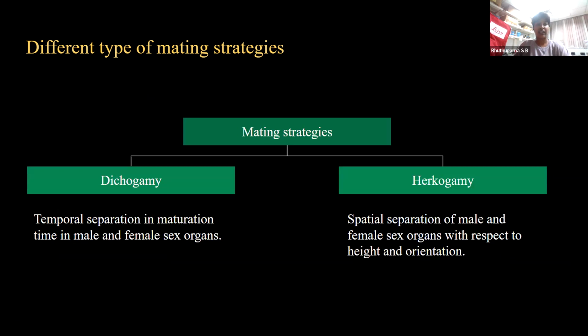One such major type of mating strategy is the presence of temporal and spatial partitioning of male and female sex organs, that is anther and stigma. The temporal partitioning of sex organs is known as dichogamy. This is a condition where the maturation period of male and female sex organs differs. The second type is the spatial partitioning of male and female sex organs in a flower, which is known as hercogamy. Here I'll be talking about the diversity of dichogamy and hercogamy exhibited by different genera in Old World